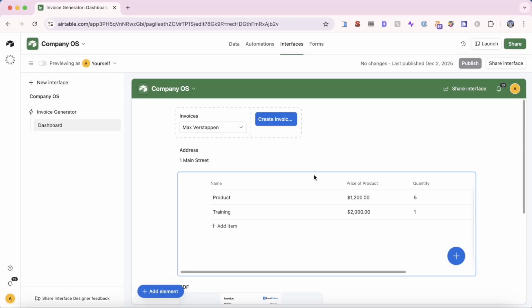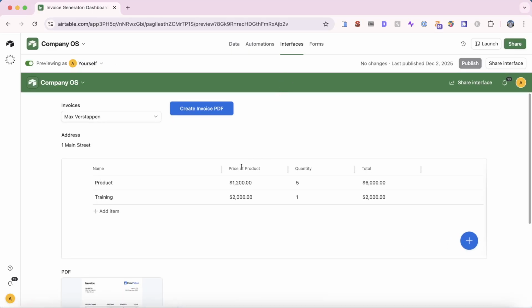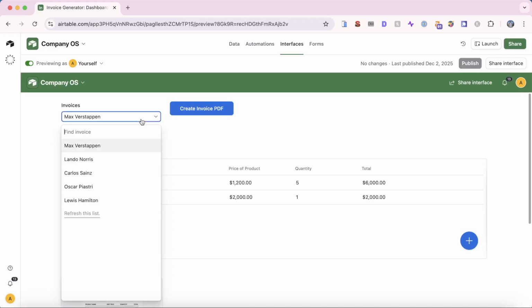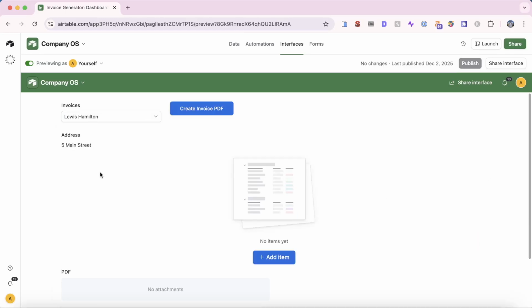Now, interfaces can be really useful if you want people in your business to have access to some of the data in your database, but maybe not all of it. And maybe you want them to be able to do certain things, but not necessarily have full admin rights to your data. So with this specific interface that we built, users who only have access to this are going to be able to select a customer. They're going to be able to add in items, and they're going to be able to generate those PDFs of invoices,